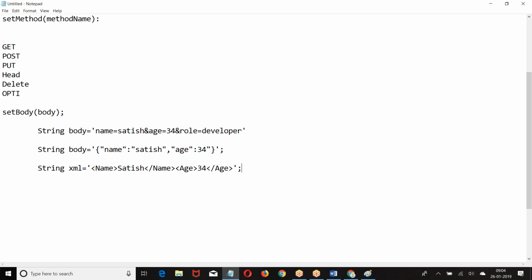So what do we have? Set endpoint, set method, set body. Similarly, we will say get endpoint. When you say get endpoint, what does it do? Whatever endpoint you have given, we can get that URL. Get method, whatever method name you gave, we can get it. Get body, whatever body we set, we can read it. Every set method will have a get. These get methods are used in testing. Here we don't use them. While testing the service, we will use the get methods. So set endpoint, set method, set body. The next one.